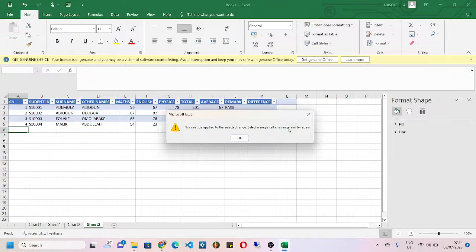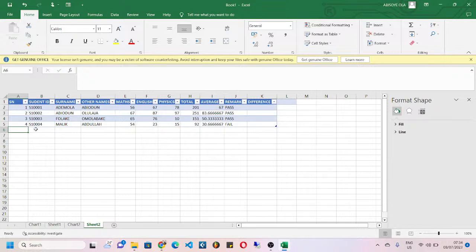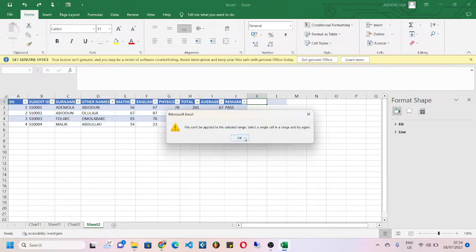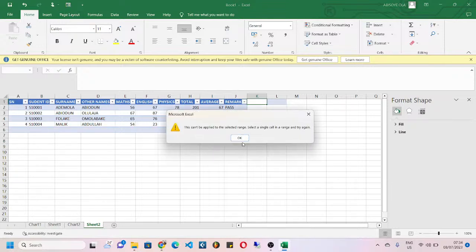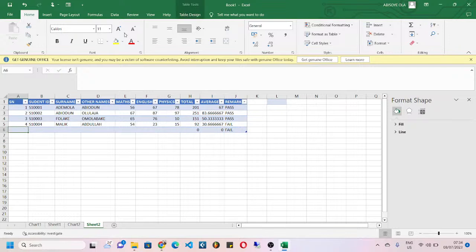Select a single cell in a range and try again. That is to tell us that it has created a boundary for me. So if I do Control Z, and I do save, I still hit this guy. I have a boundary already. So the only thing I need to do is drag this guy down, click in the range,